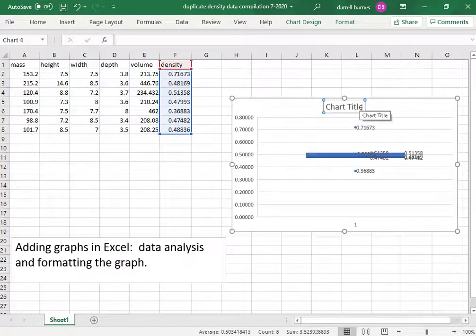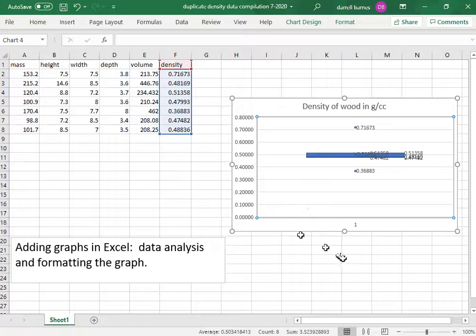Let's change the name of the chart title to Density of Wood in grams per cc. Let's say that. We may come back and change that later. Another thing that I'm noticing when I look at this graph is there is no data below about 0.35. There's no data above about 0.72, actually 0.74. So let's clean this up just a little bit and try to see if we can make